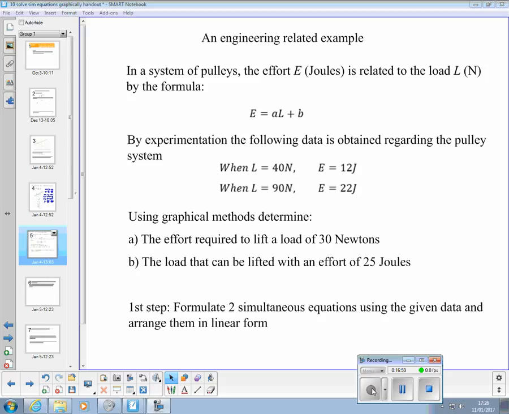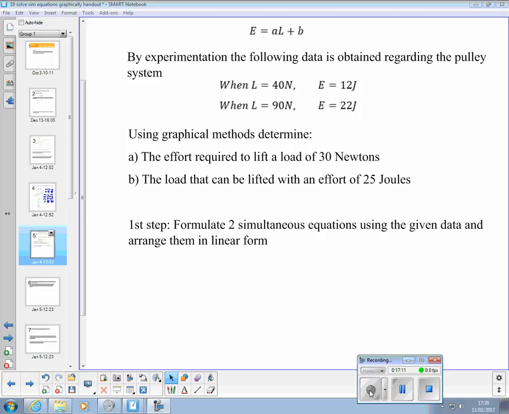The first thing to do is formulate two equations, get a form where we could use graphical software to find the constants A and B. Right, gents, attention please. How do we formulate initially two simultaneous equations from that data? Put the data into the equation. So the first one, we've got an equation E, so we want 12